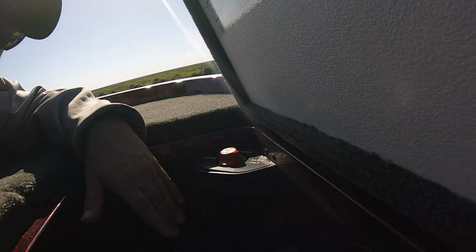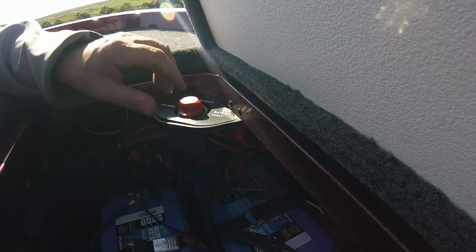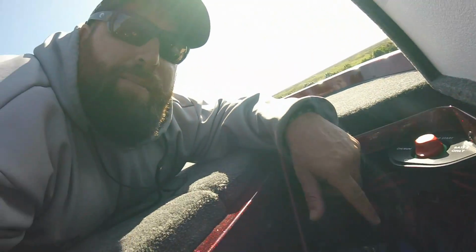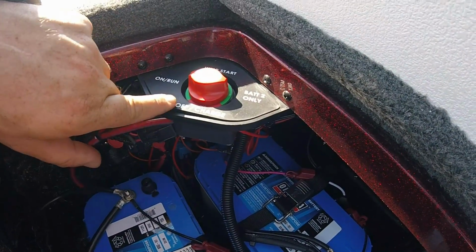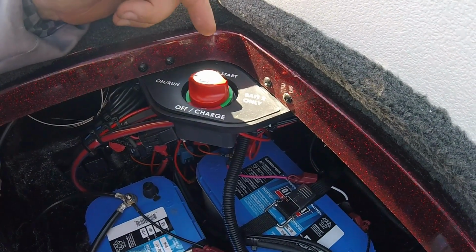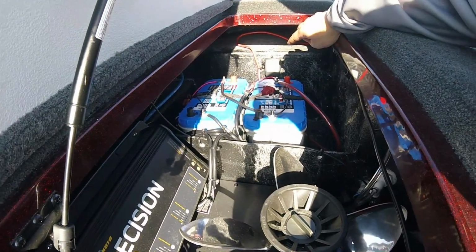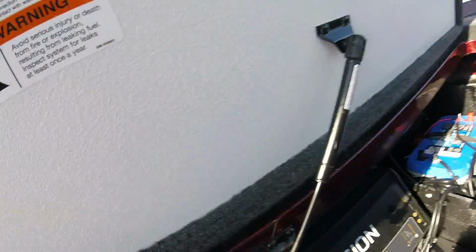That came standard on the Z521C Ranger, so I'm pretty excited about that. And then I could even switch over to my trolling motor batteries too if there's a major problem with a starting battery. And then also that's my off and on switch. At the end of the day, I can flip that to off. Everything's down. The trolling motor has a circuit breaker right over there on the wall mounted there,